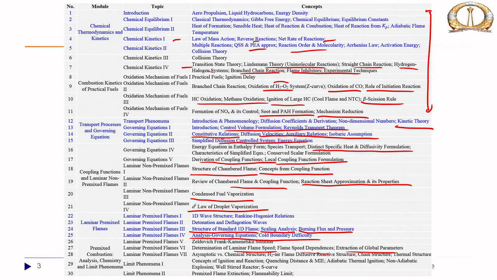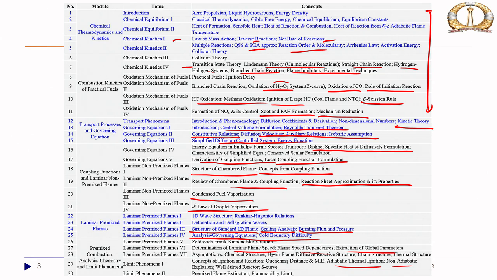We looked into the chemical structure of hydrogen in a flame, chain structure, thermal structure, and then we looked into the limit phenomena: ignition, extinction, quenching distance, adiabatic thermal ignition, non-adiabatic explosion, and then the well-stirred reactor and S curve. By explosion, once again, we mean rapid combustion, where the rapid release of energy causes a quick increase